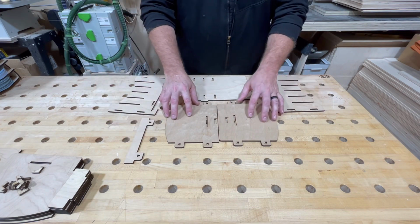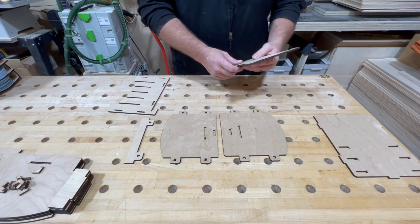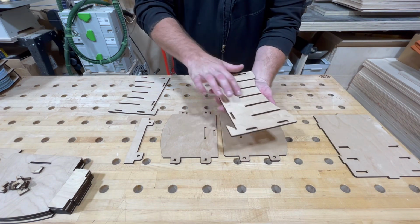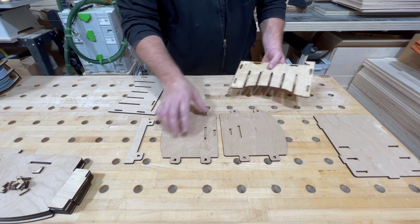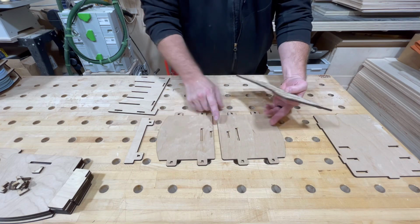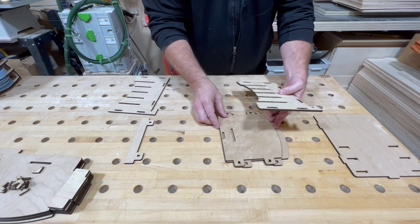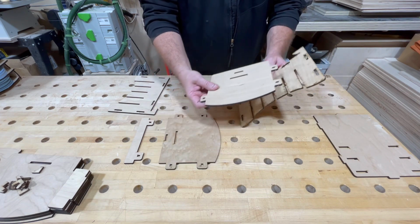First step, here's what you're gonna do. You're gonna take one of the sides, and there is a good and a bad side, believe it or not. The side that the laser cuts on is here. You get a little bit of deflection, but this is gonna be the inside, so no worries on that. You're gonna take the top portion. The top is gonna be the thicker of the two. You can see these are different sizes. This one is the top. You're basically gonna put this